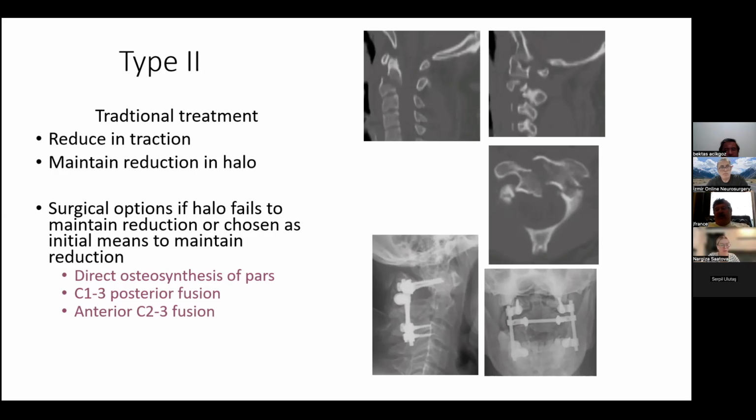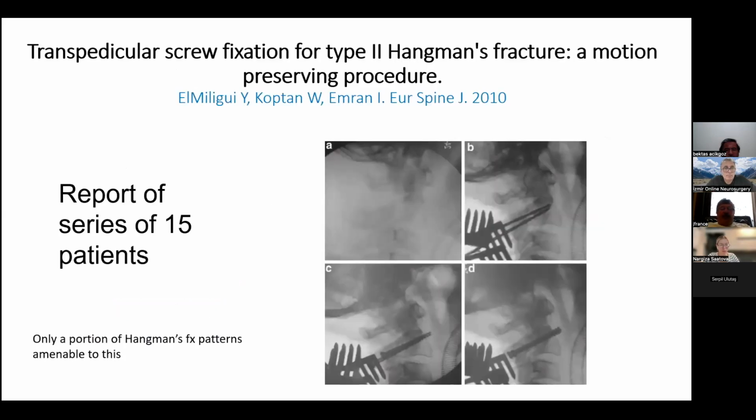Fixing into the posterior elements at C2 doesn't control the fracture. So you have to span up to the C1 level. And then an anterior cervical disc fusion at 2-3, which has become a pretty popular option. So this is just an example of a case series on direct osteosynthesis. And you'll see as we go through the literature,